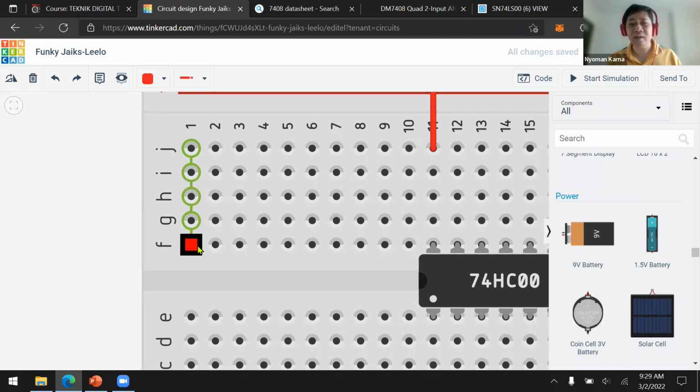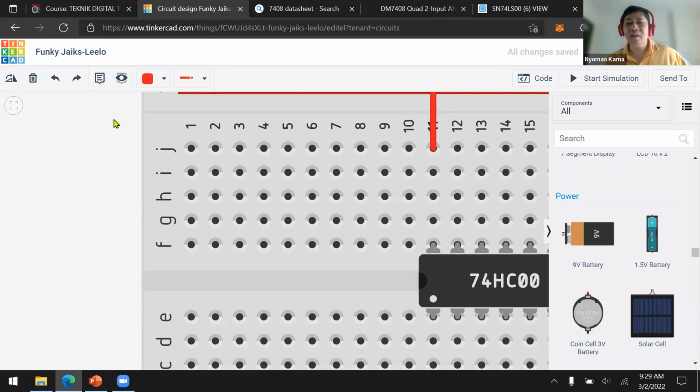And this column is also connected from here, here, here. So if I put a positive from here, it will go directly to this 7400, because this dot is connected to this pin.